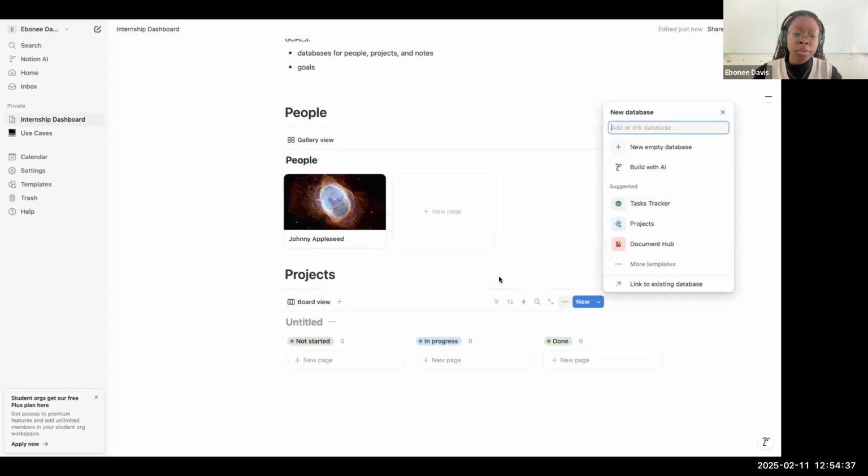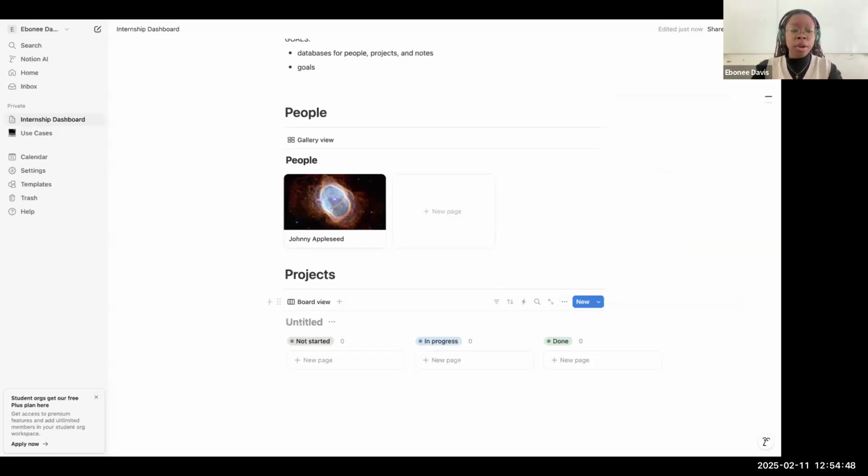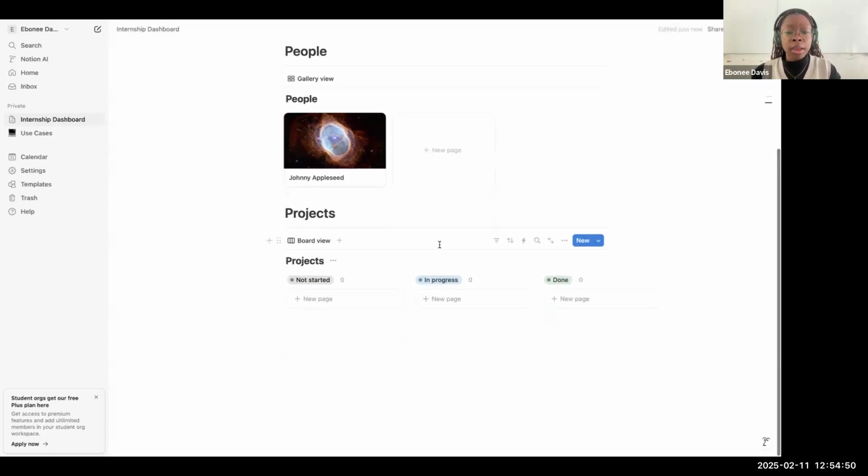And the reason why I choose this is because you can actually divide things into categories. Specifically here it's status, but you can divide things into category and move it around. I'll title this projects. And I'm thinking as an intern working on a project or working on projects, how do I want to manage these? So I'll do the same thing I did earlier with Johnny Appleseed. I have maybe